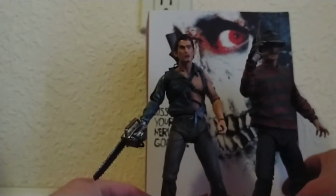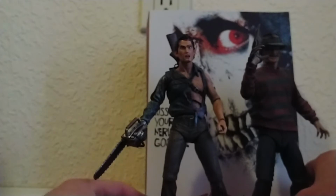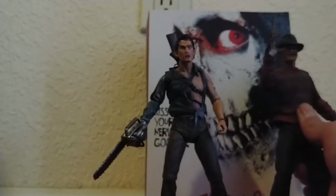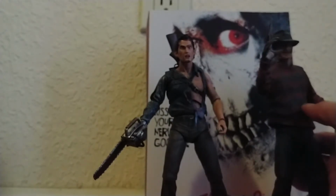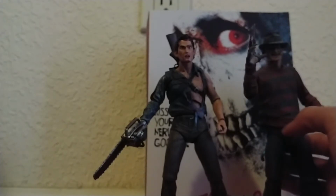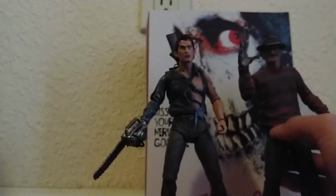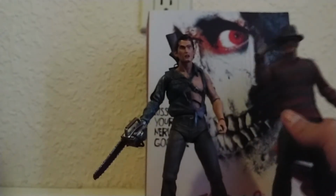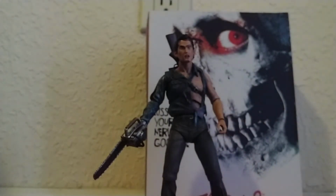Really not enough room to bring in 3 NECA figures at the same time in this backdrop anyway. So Freddy's just a tad bit taller with his hat and everything. But if you took off his hat, they'd probably be about the same height, honestly. I don't know how tall Bruce Campbell is in comparison to Robert Englund, but seems like a decent scale. Seems good. And then we'll bring in the big boy here,